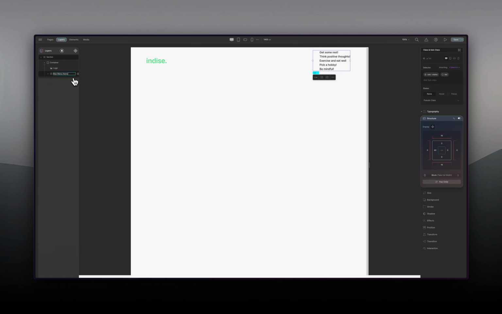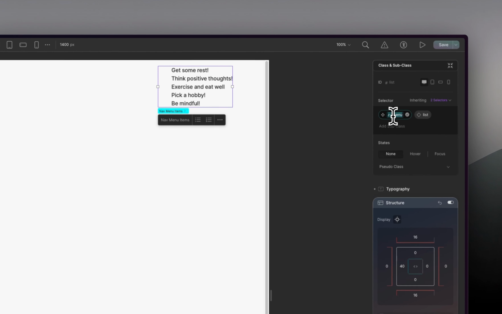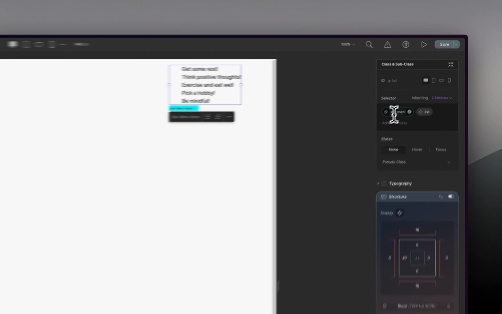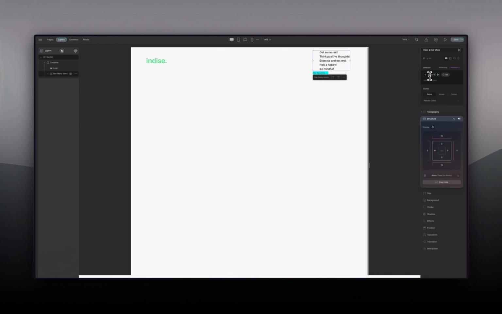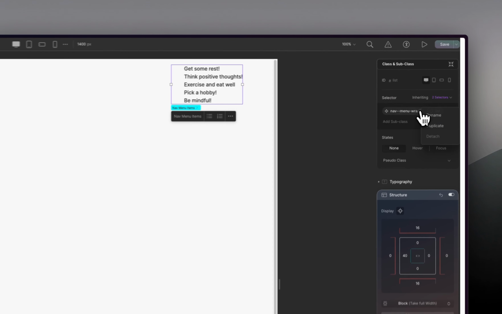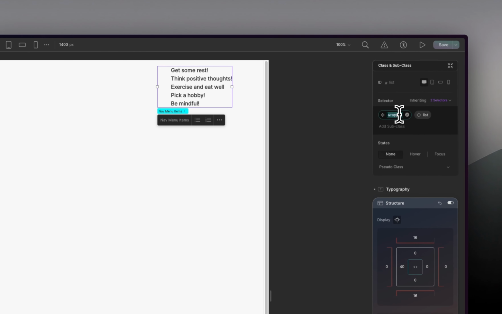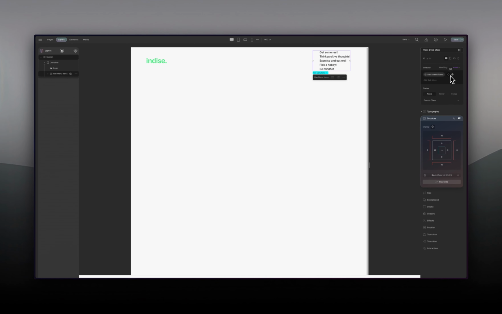Nav menu items, right? And then we can probably change the name to nav menu wrapper, right? Or probably that's the items. And then yeah, we can leave this over there if we do want.